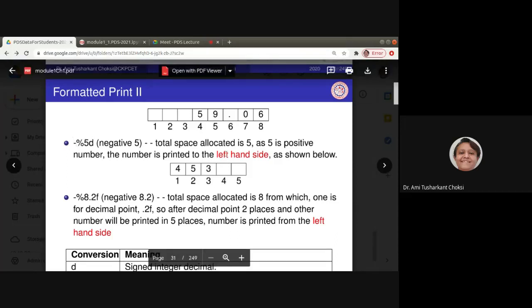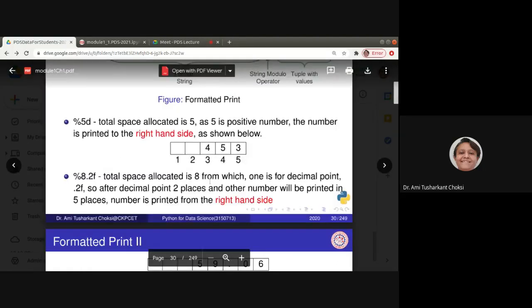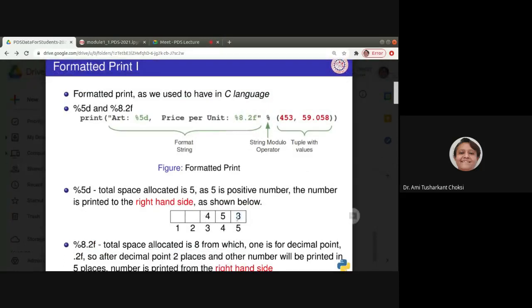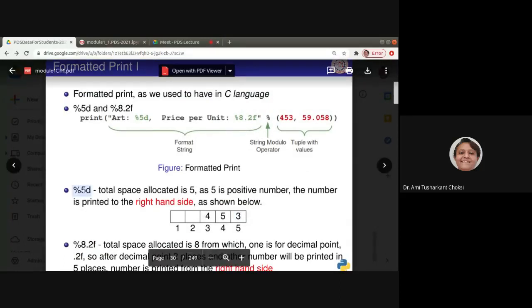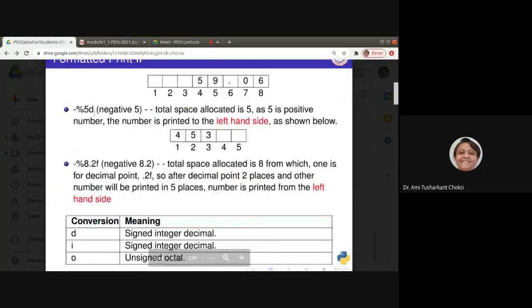So if you are having the number 453, we can see it at the positions 1, 2, and 3. In the above case where it was 5d, we were able to get it on the right hand side, that is 453, because this was positive. Now what we are having is the negative. So we'll be having it at the left hand side, right? 453 at the positions 1, 2, and 3, right?